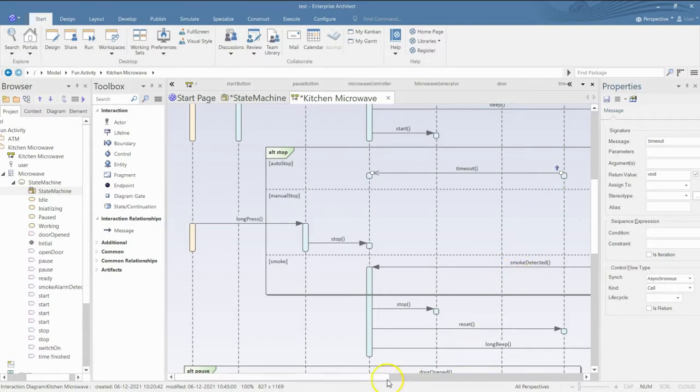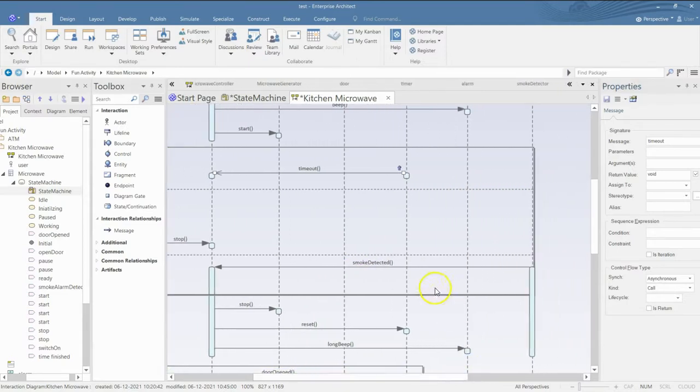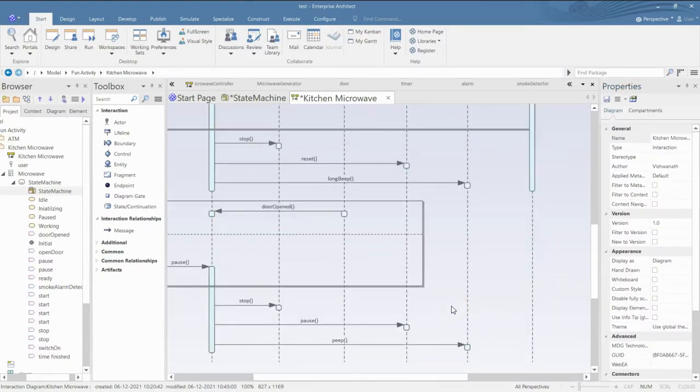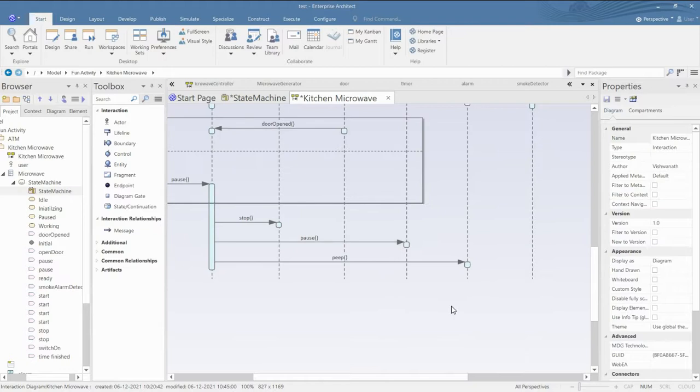Similarly, the smoke detector sends the signal again asynchronously. It may continue to send, but each time it sends, it doesn't wait for a response. Okay, any other messages going from a device?